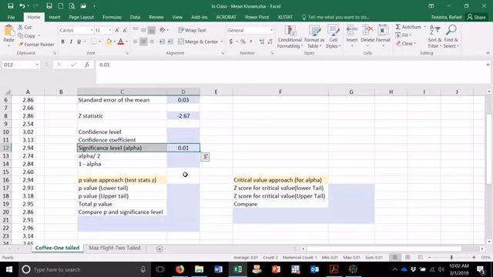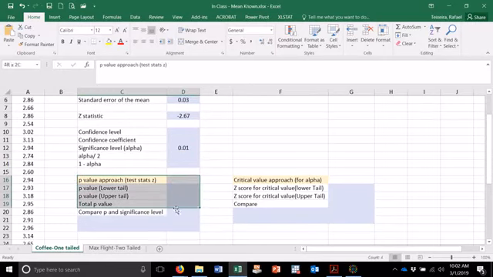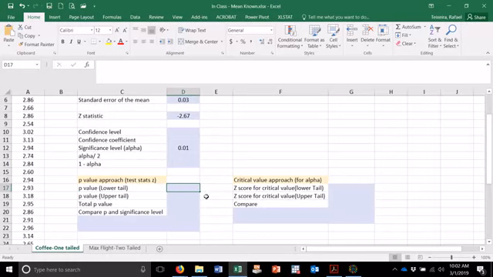Because this is a lower tail test, we don't have to divide by 2. Okay? And then we can go ahead and use the approach to solve it. I know that it is a lower tail test because of the hypothesis, so I'm going to compute the probability in the lower tail. The probability in the lower tail, according to our slides and what I've been working on, is equal to